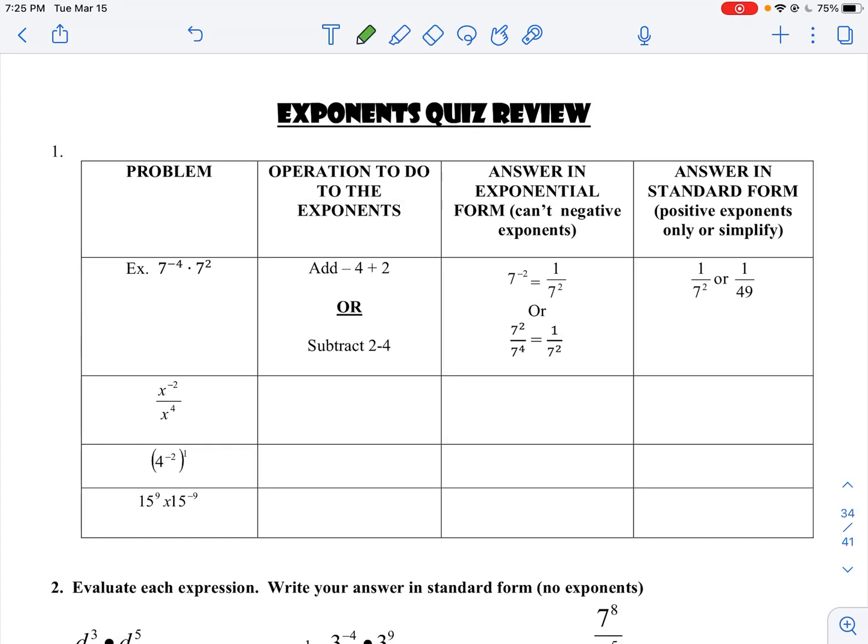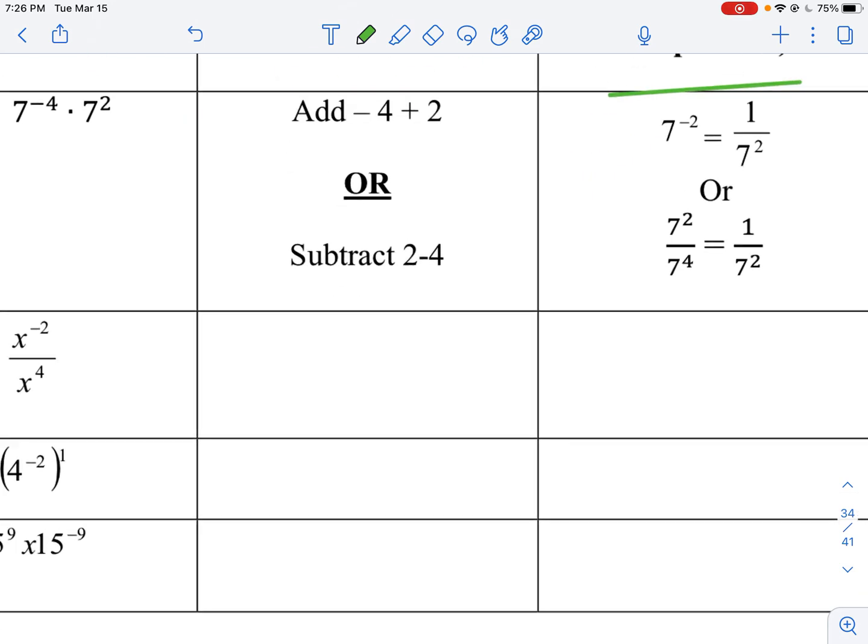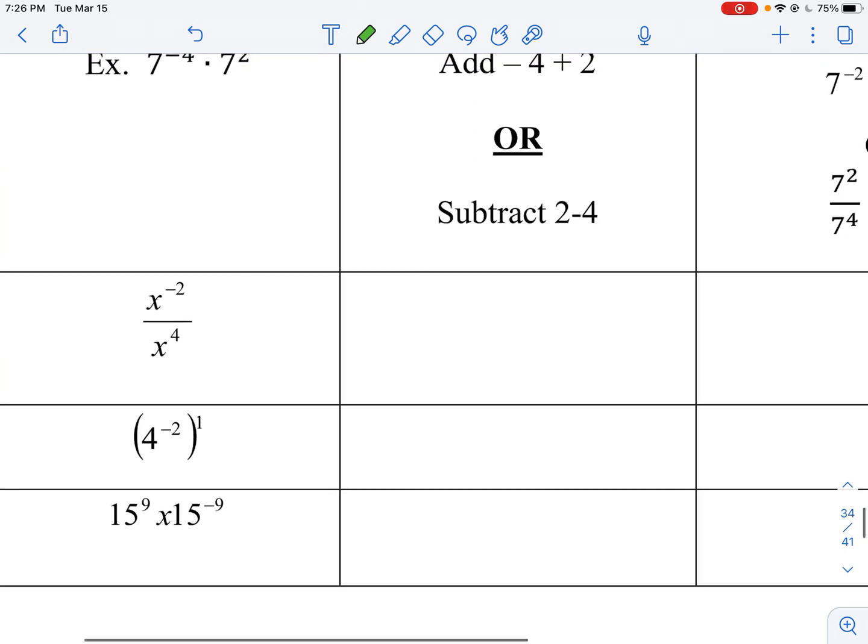Okay, so exponents quiz review. In this left-hand column, we've got the problem. Then it wants to know what operation we do, answer in exponential form, and then we want it in standard form. So if I'm looking at this one right here, now